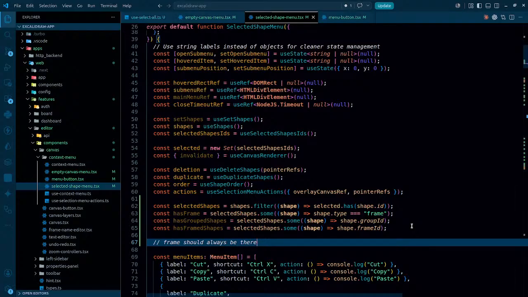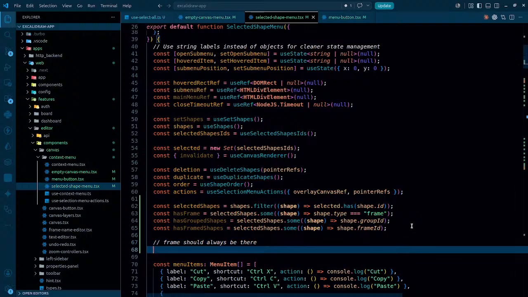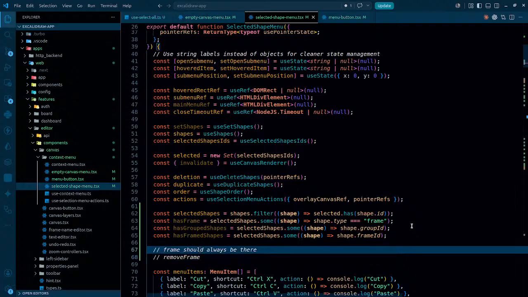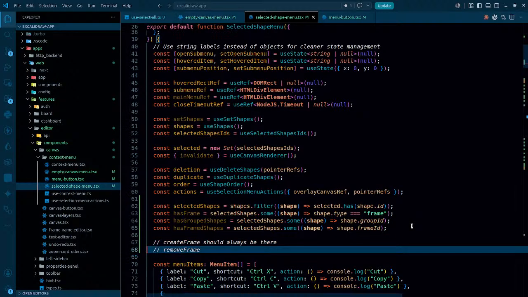Create a frame, I should always get that. Remove frame. Okay, now let's work on this. So create frame should always be there, so we do not really need to get rid of this. Remove frame,